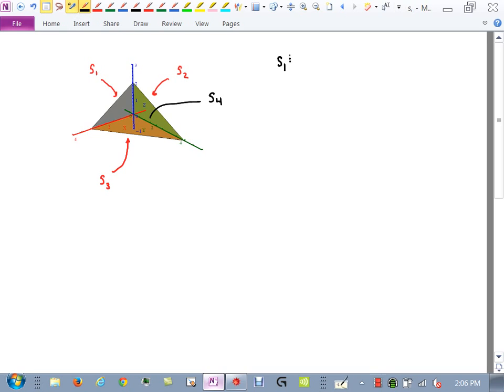For S1, I'm going to draw the surface S1. And remember, the x-axis, positive direction is out here, right? Z-axis, positive direction is up. So what I'm going to do is I'm going to draw it where the x positive is this way and the z positive is this way. Where does that appear to hit? Well, you have the points, don't you? Where does it hit the x-axis? 3, right? 3. And then where does it hit the z-axis? Up at 2. And if we look at this right here,